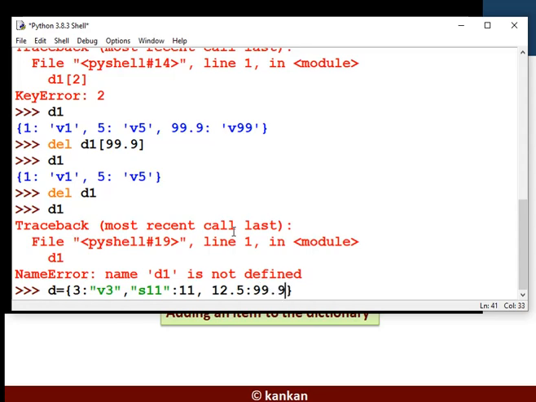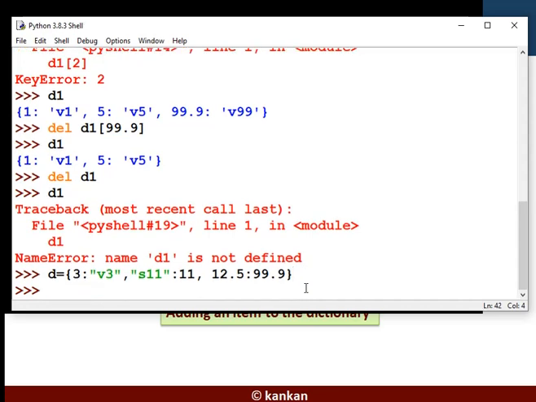I have used a variety of keys. Here the key has type integer, here string type of key, here float type of key. String type of key but the value is 11, integer type of key but the value is V3.